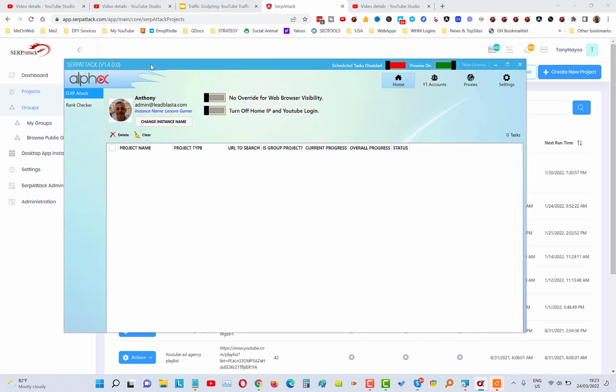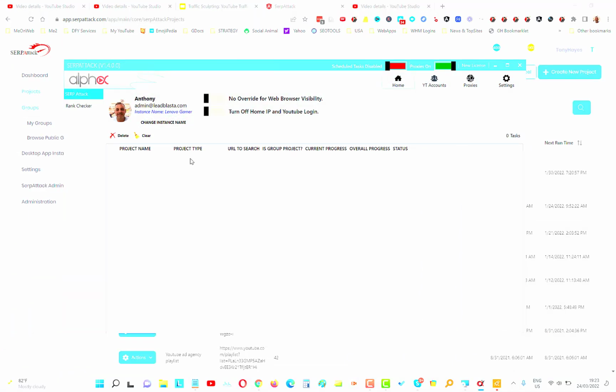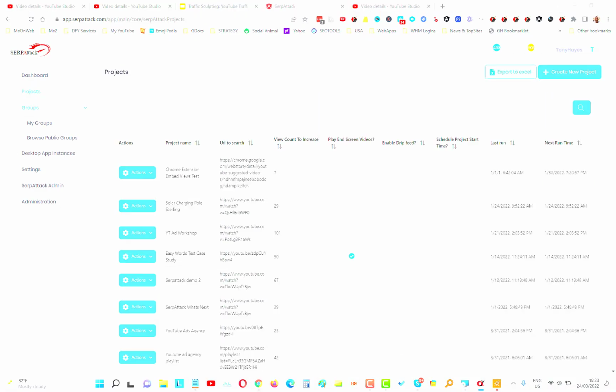Okay, and the desktop tool basically is where all of the views get done. People are doing views from different desktop tools all over the world right now. All the members of SerpAttack have got the ability to do views for other people while they get views done themselves. So that gives us a unique ability that we can tap into other people's